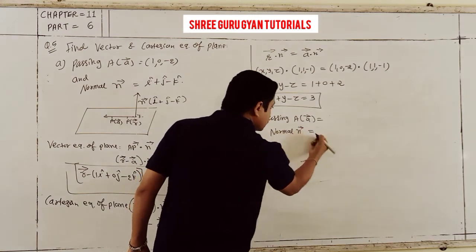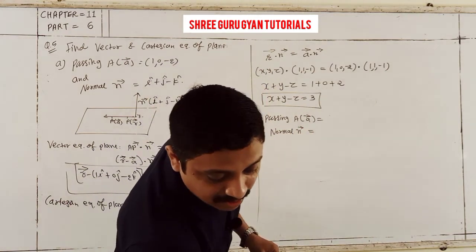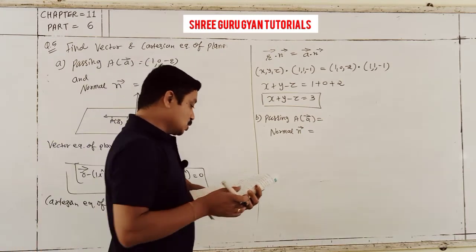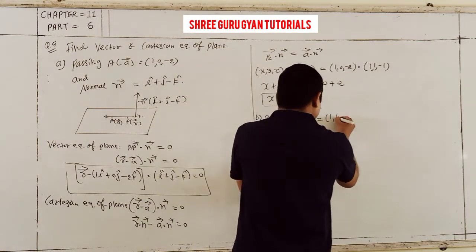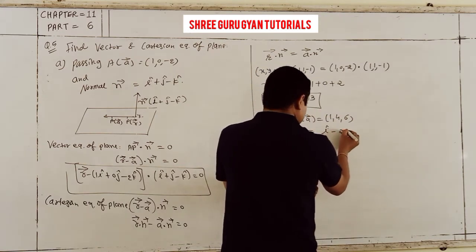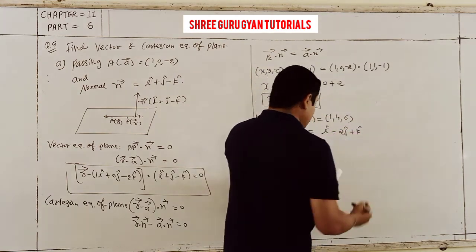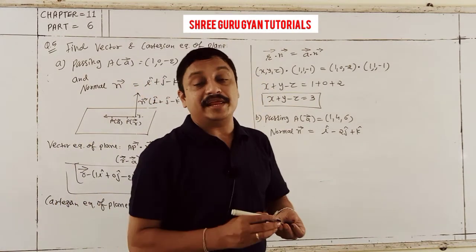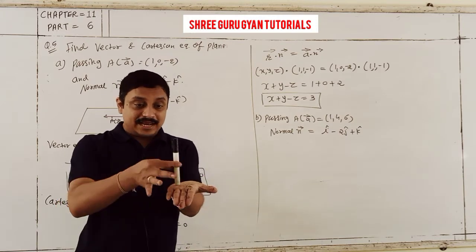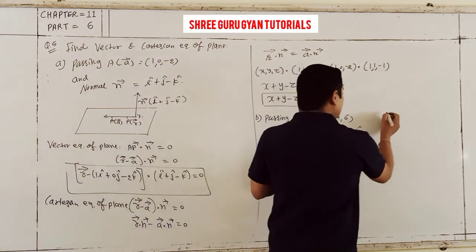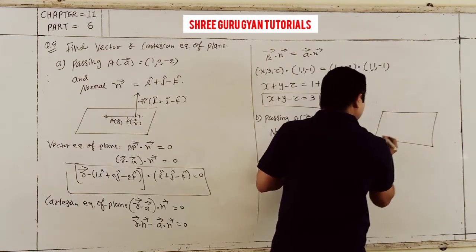Now second, passing through, given that and with the normal. Second question, exactly similar questions are printed in your textbook. So passing through 1, 4, 6, and normal is given i minus 2j plus k. One more time repeat students, normal is what? Perpendicular to the plane. Yes, this is your plane, that's the perpendicular given that. So one more time I will show my drawing. Here your normal